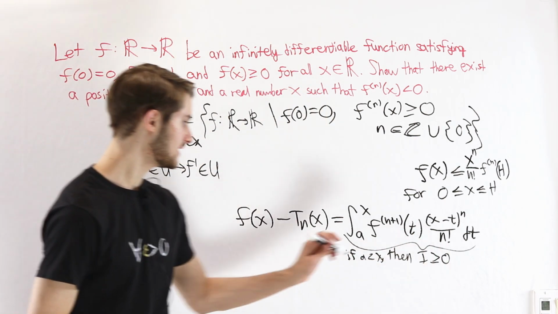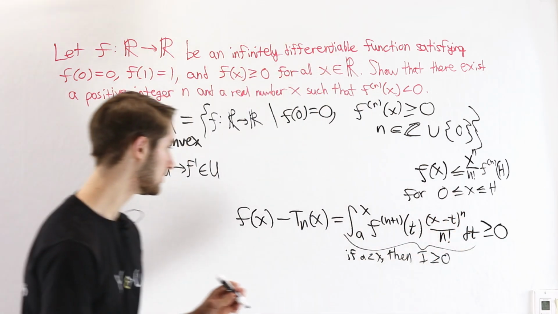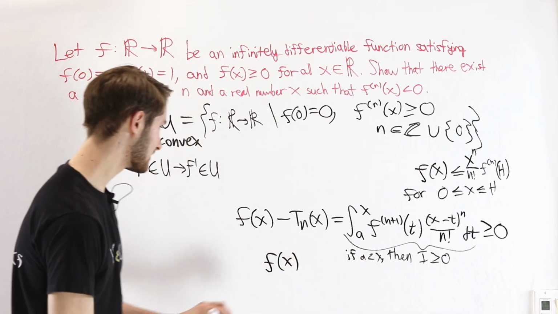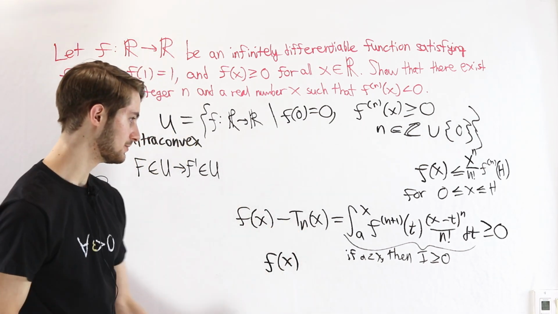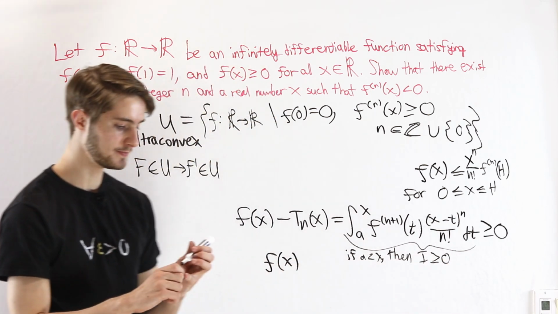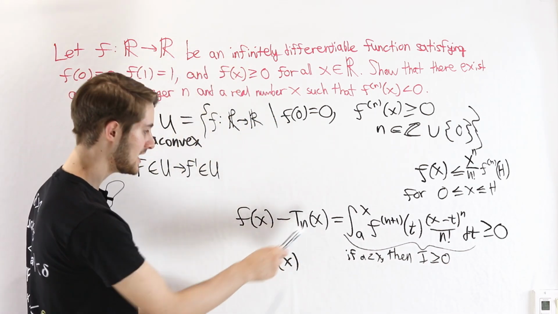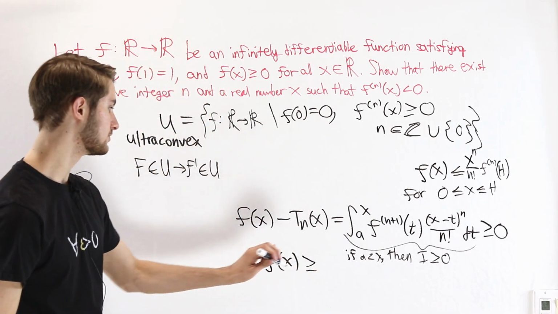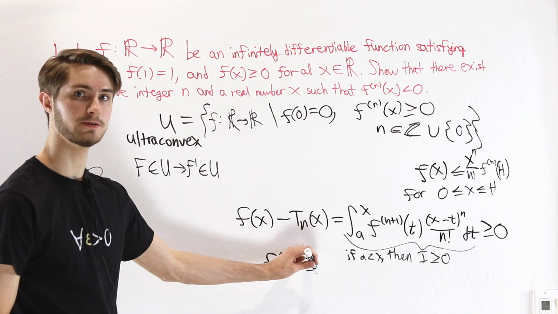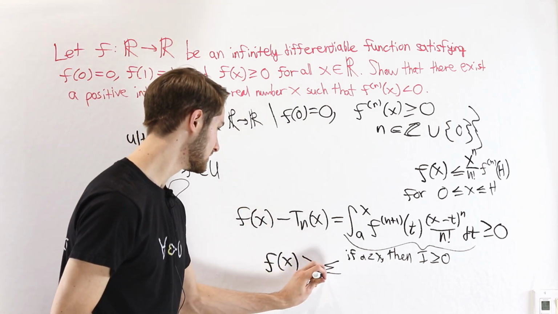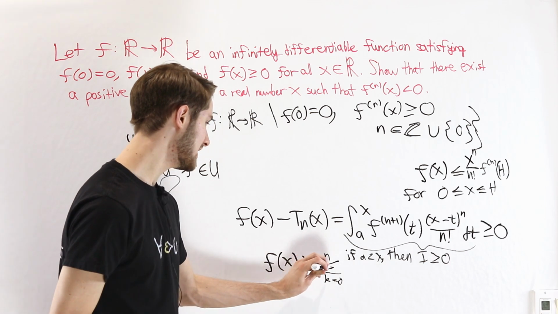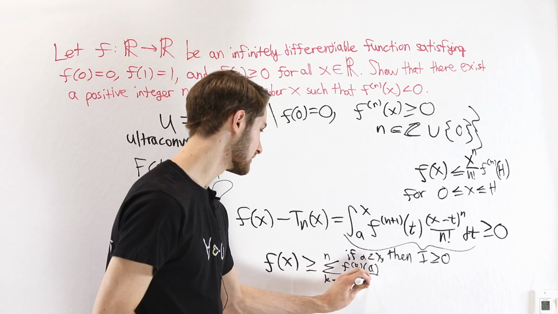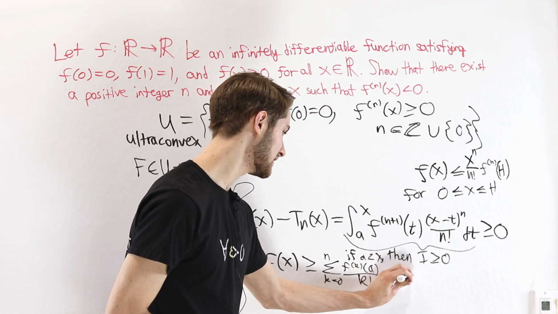So for a less than x, we have this inequality right here, and by the transitive property of inequality, we have that f of x minus the nth order Taylor polynomial is greater than or equal to 0. If we add t sub n of x on both sides, we're going to get that f of x is greater than or equal to the nth order Taylor polynomial, which we can write as the sum from k equals 0 to n of the kth derivative of f evaluated at a over k factorial times x minus a to